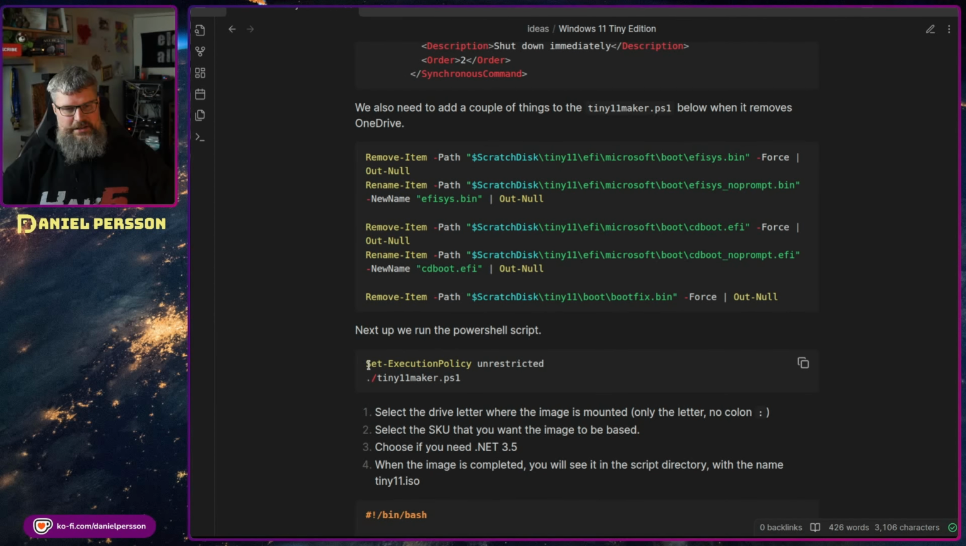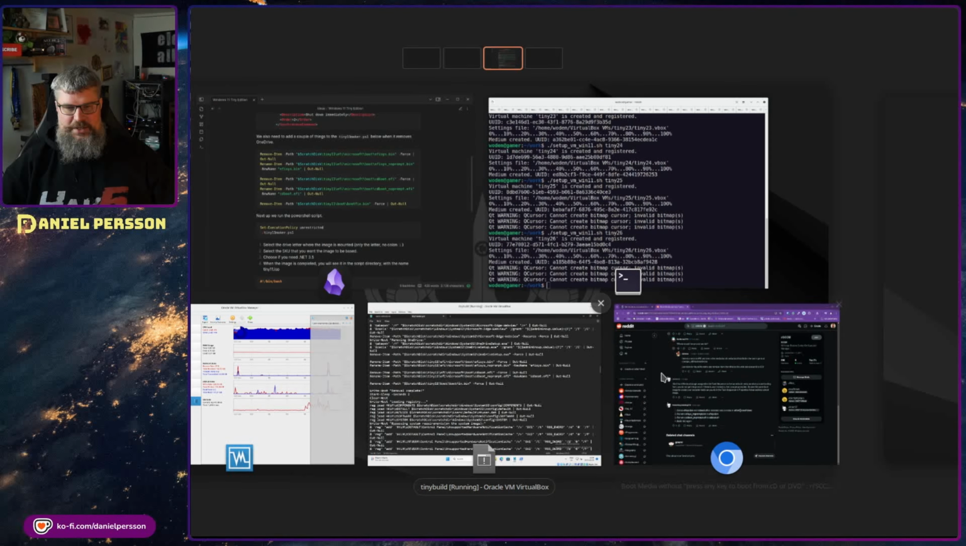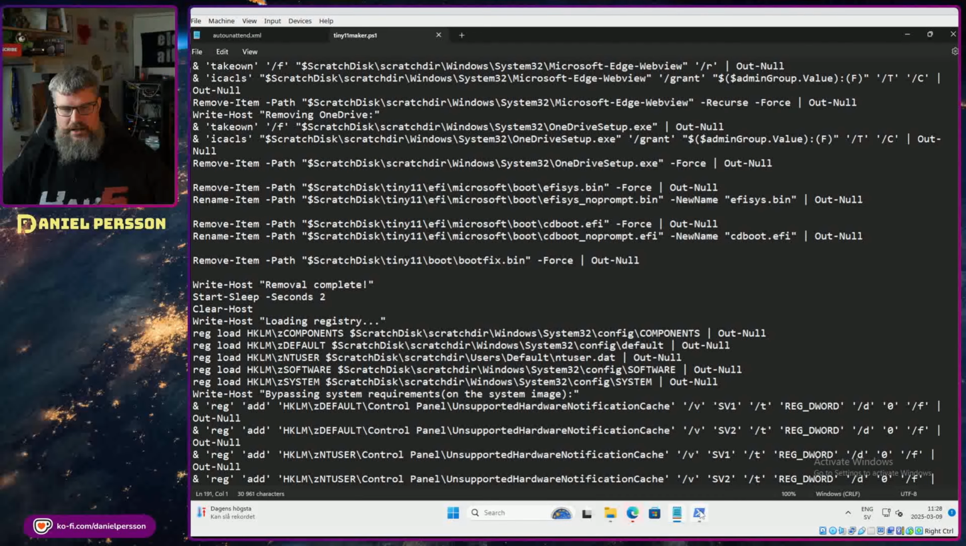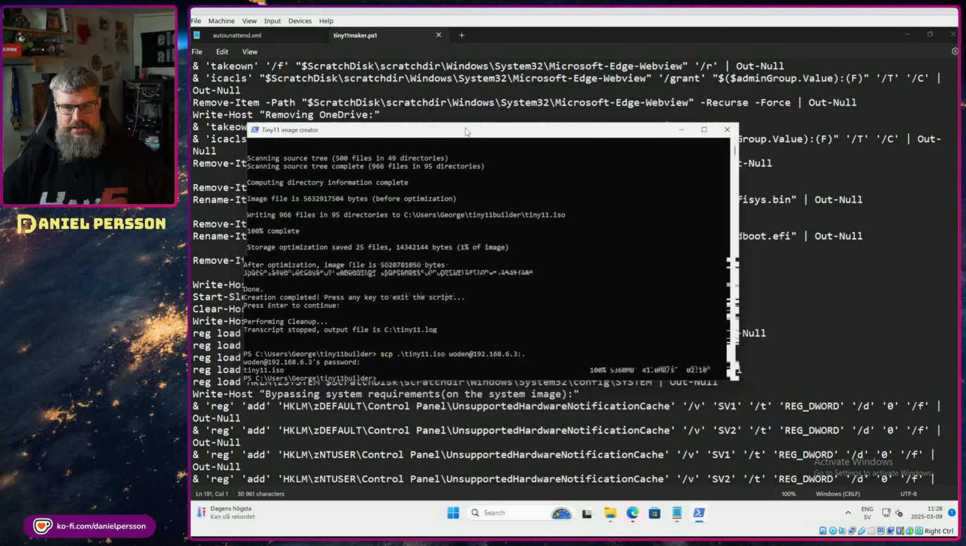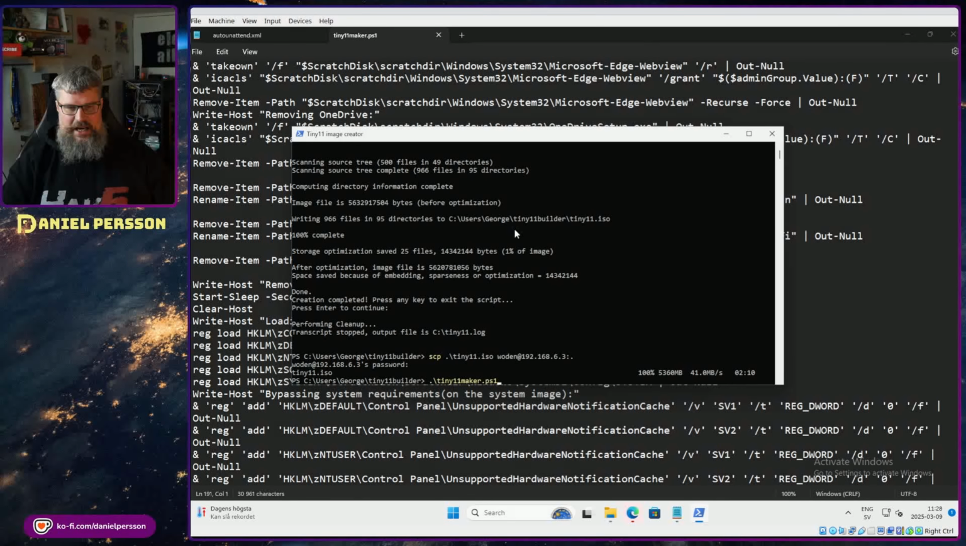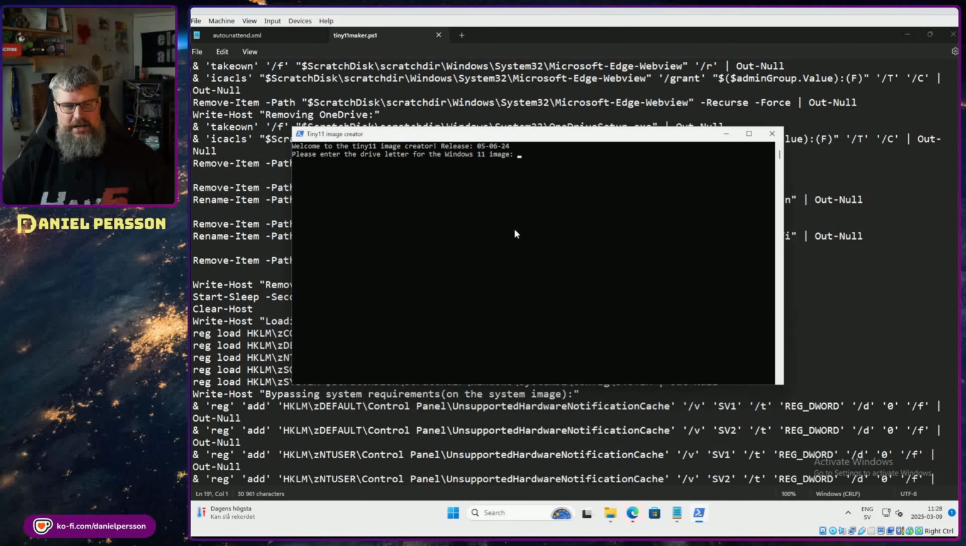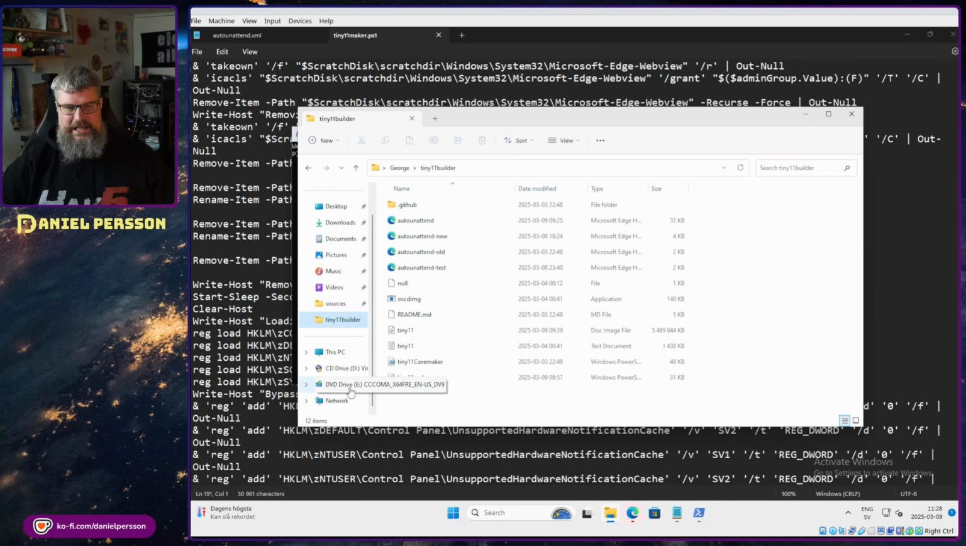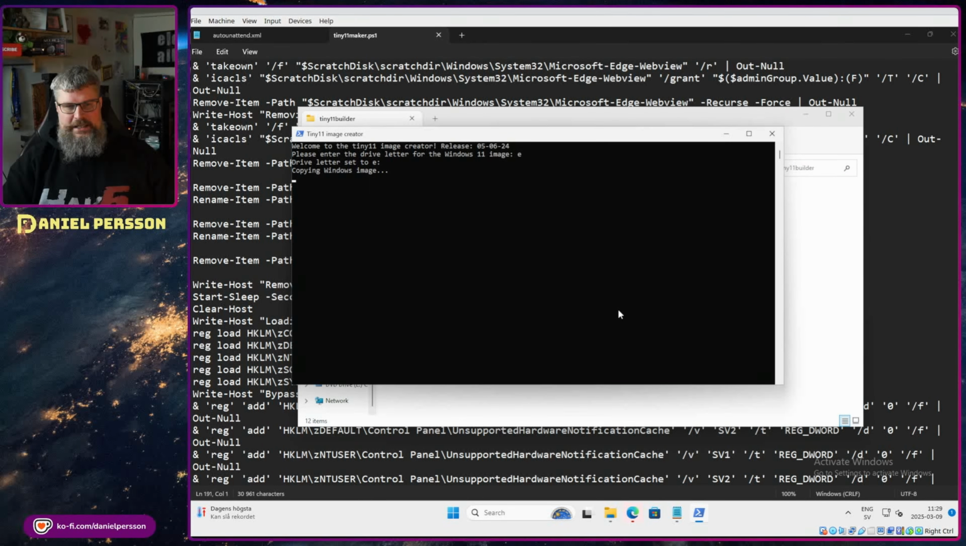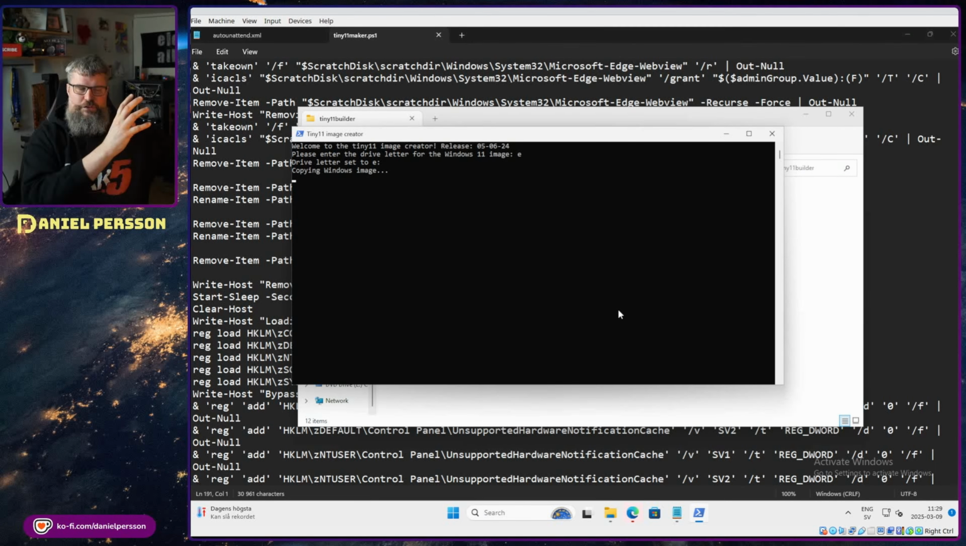So we need to set the execution policy to unrestricted. We need to run PowerShell as superadmin, and then we can run our tiny script. So let's go here, go to this PowerShell. It's running as superadmin on this machine, and then I will run tiny maker. The first thing it asks for is where you mounted your installation. So it's mounted on the E drive on this system. So if we go back to the script here, I will press E, and then it will copy the full